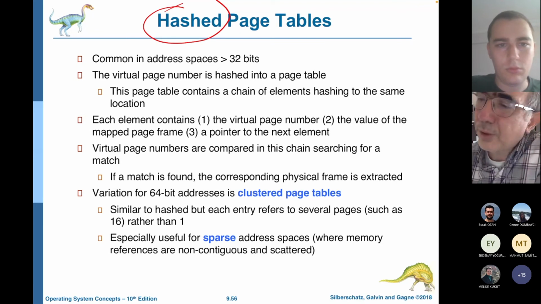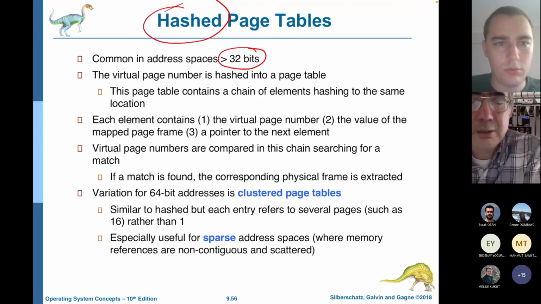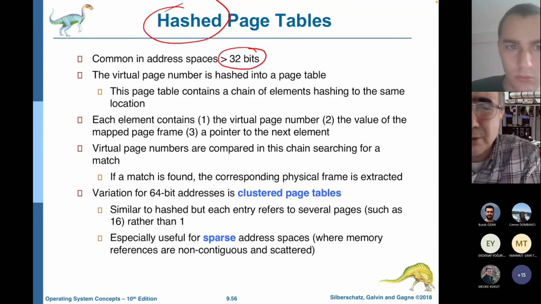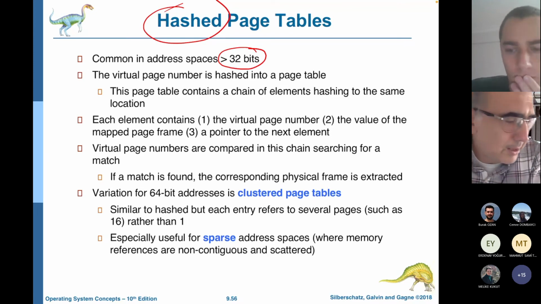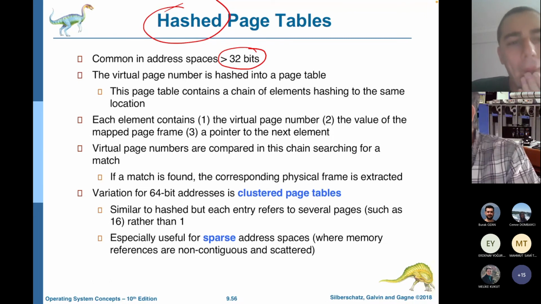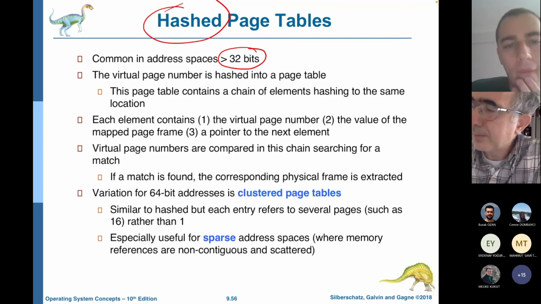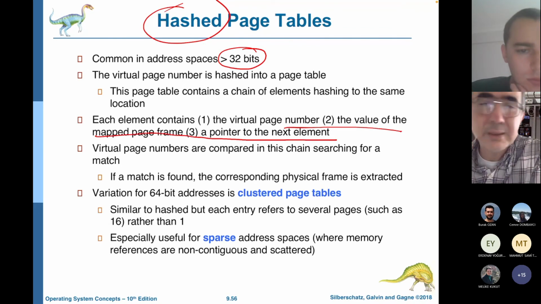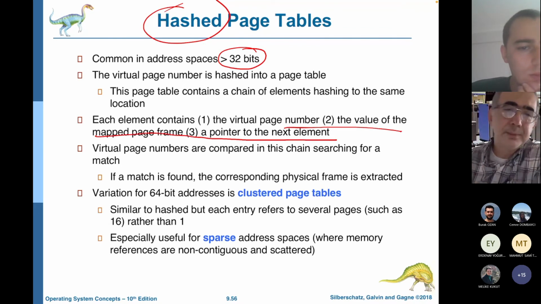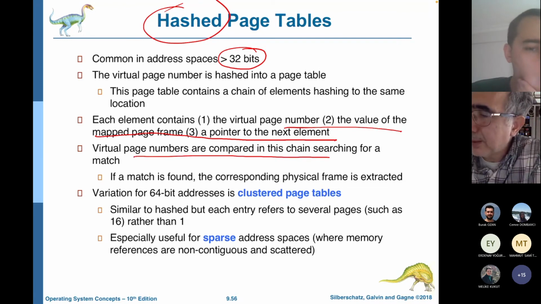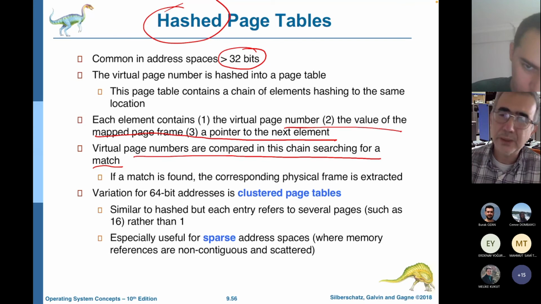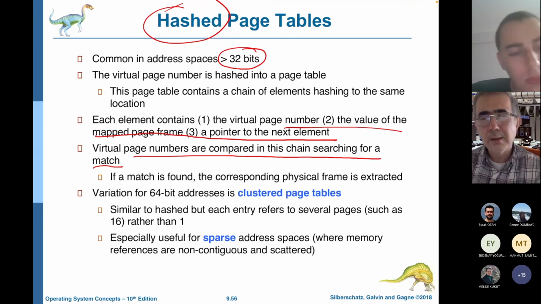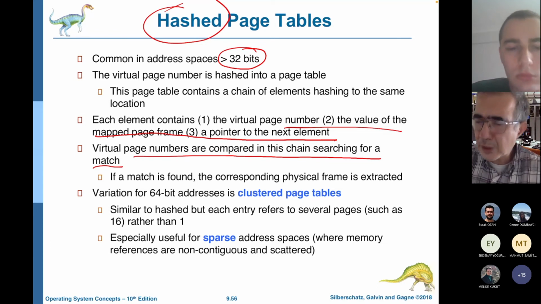So hashed page table approach is very common in architectures over 32 bits. So today's architectures are always, unless it's a small microprocessor, bigger than 32 bits. Each element contains the virtual page number and the value of the mapped page frame, with a pointer to the next element. The page numbers are compared in this chain searching for the match. Usually it is a hash function. The first one is giving the answer. So it is a high hit ratio. And hash,